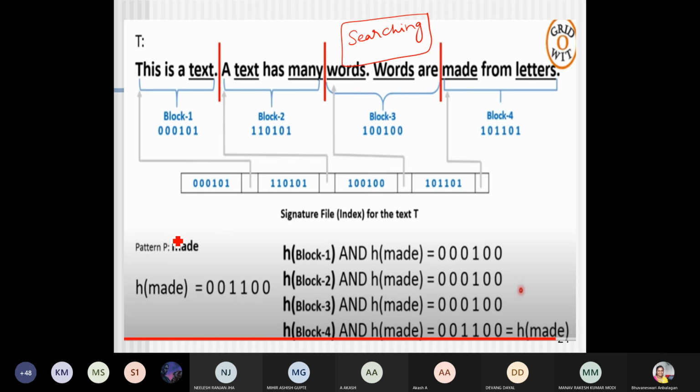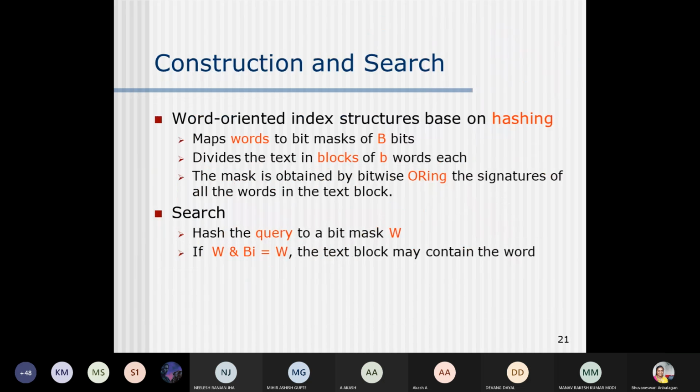So in this case, if I want to search for a particular pattern called "made", what is the hash value for this term made? 001100. So what is the algorithm for this searching operation? You have to perform a bitwise AND between the hash value of the particular word and the hash value of the particular block.